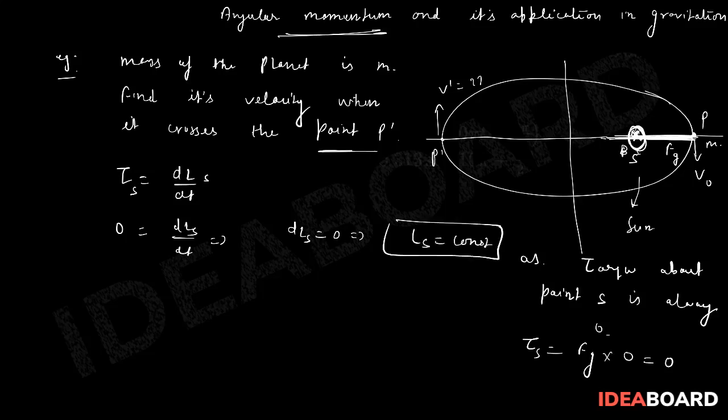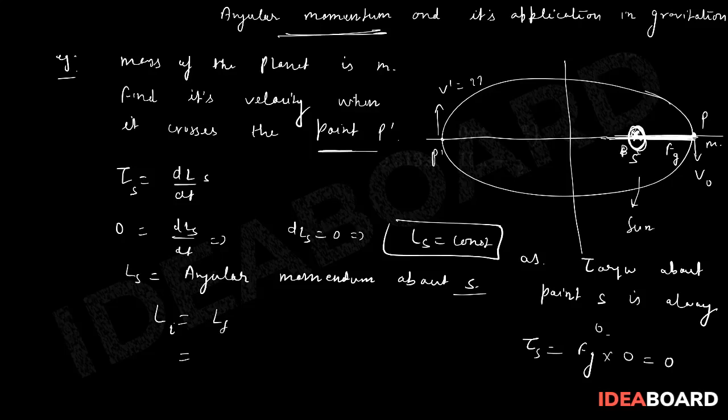And what is this Ls? Ls is nothing else but the angular momentum about point S. That means now I can write L is equal to constant, that means L initial and L